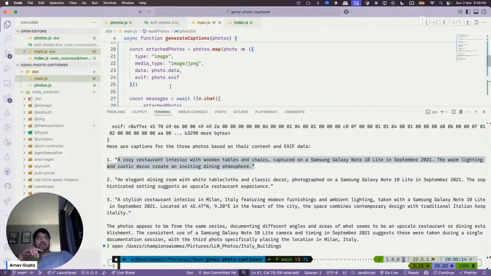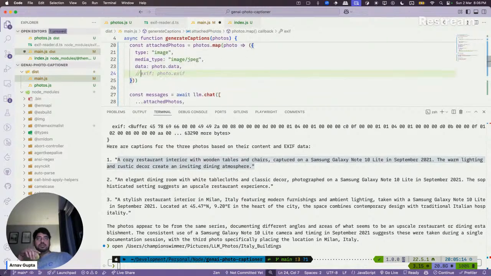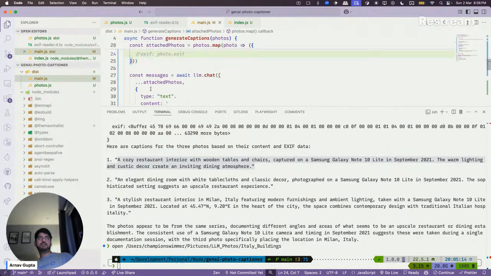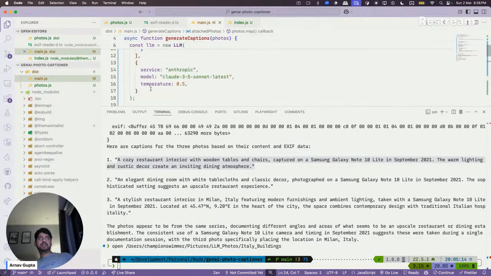Let me see if I remove the EXIF. Is it able to do it based on the photo data itself? And let me actually do streaming output so I can stop it if required.